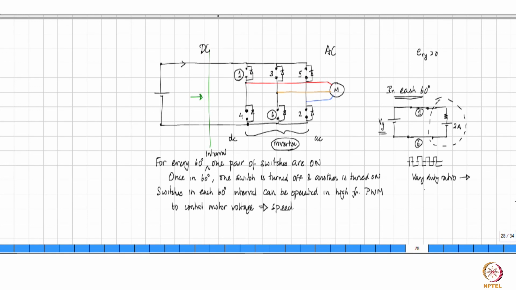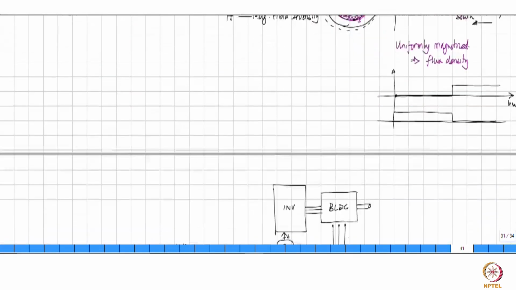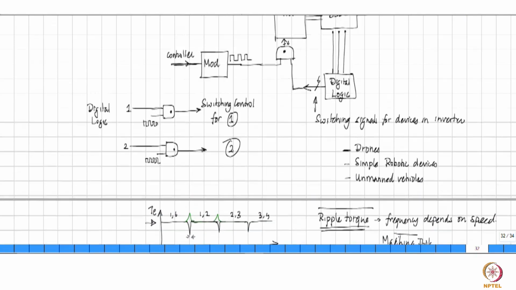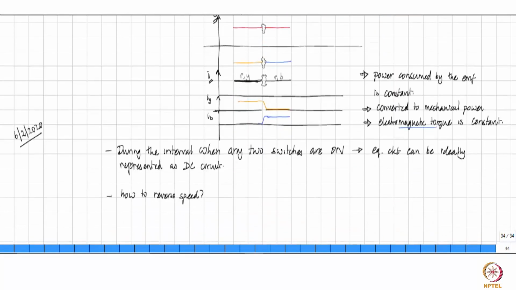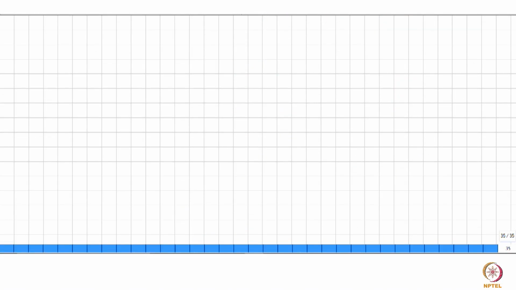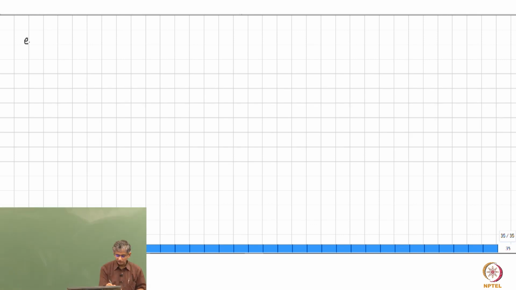So this is an AC machine and it's not a DC machine. It is a brushless DC machine because with the inverter from the DC source it looks like a DC machine, that's all. But the motor itself is AC. So to understand that, we need to remember one equation based on which we will develop what is going to happen. We should note that the induced EMF is given by the rate of change of flux linkage.